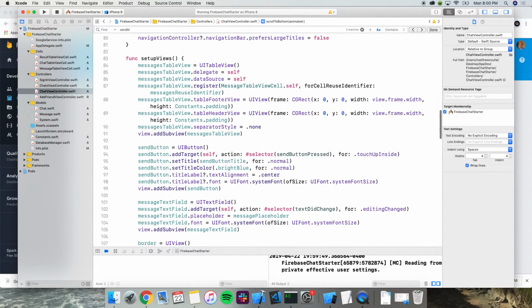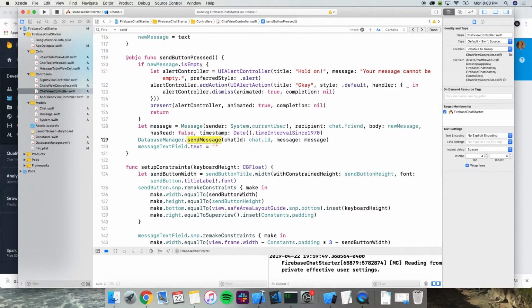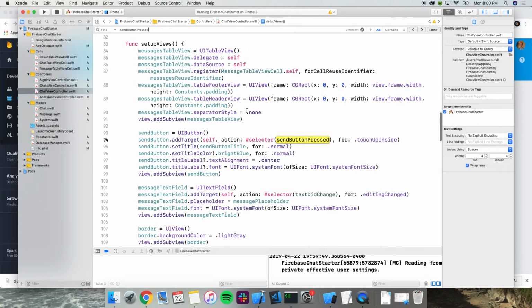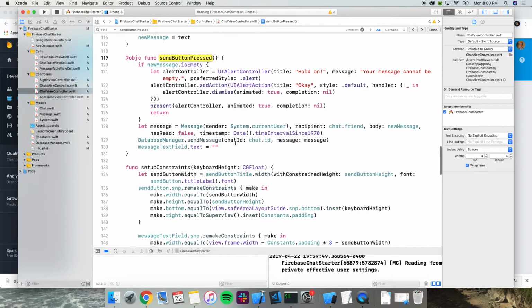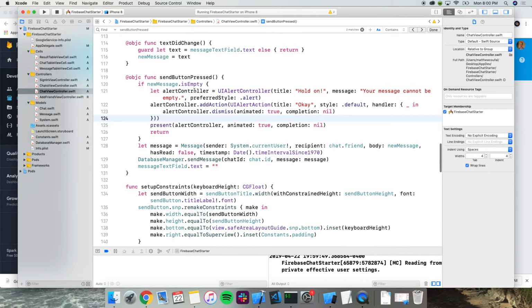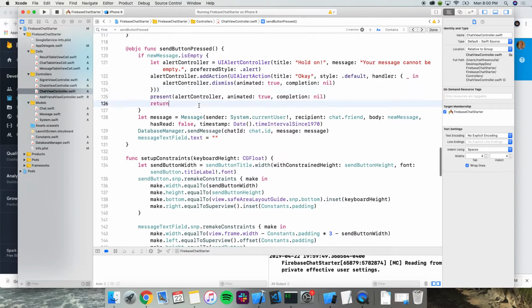Button pressed. Yeah. So it's set up right here. So what this is saying is once we tap send, we make sure that we actually have a message in our text field. And then once we do that, we create a new instance of a message, the model that we created.